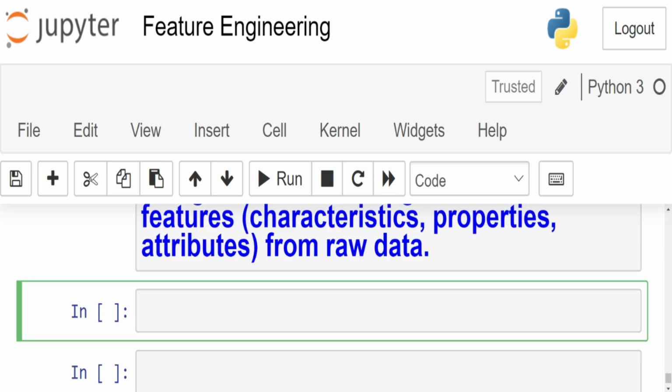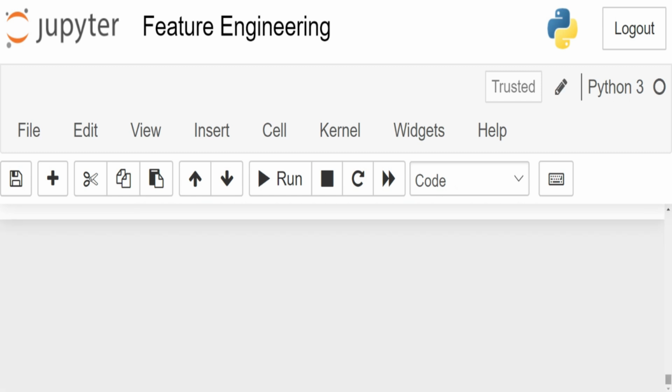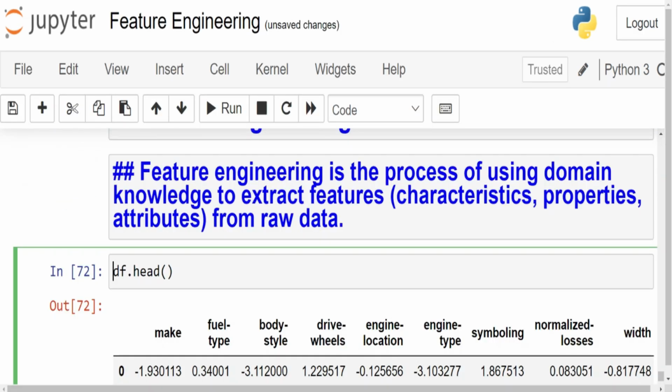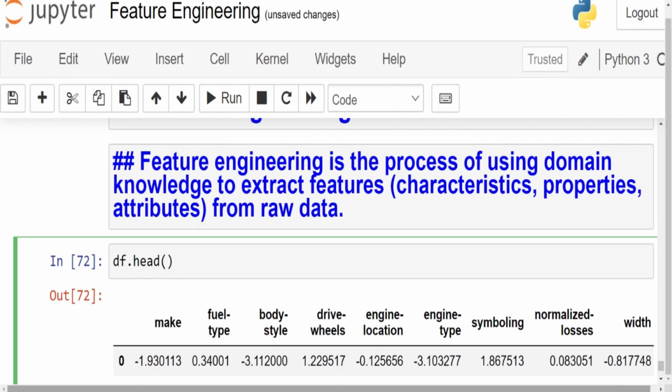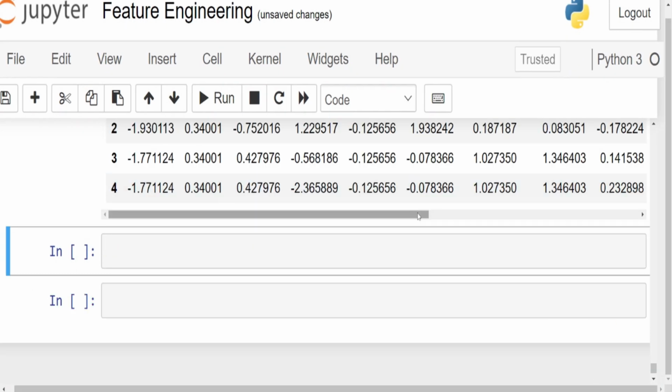Now, let us see how the cars dataset looks like. So df dot head, let's run this. So you have all these columns with you. Now, if you observe these columns over here, that is we